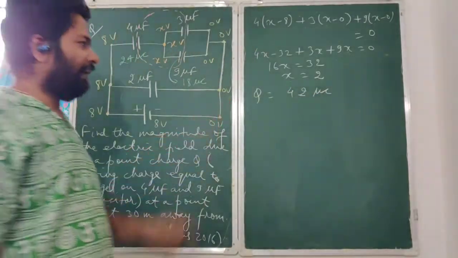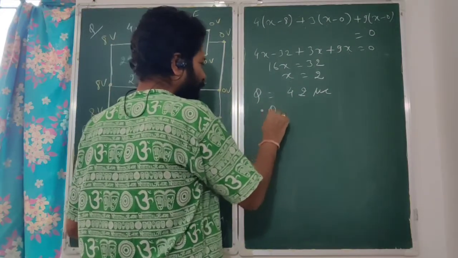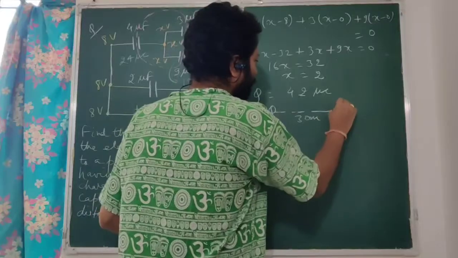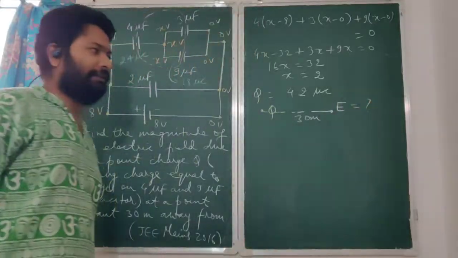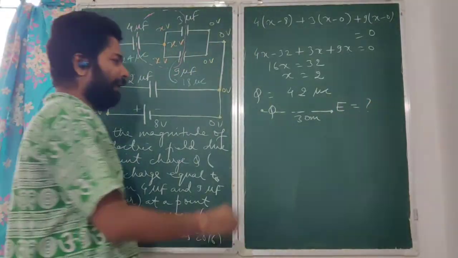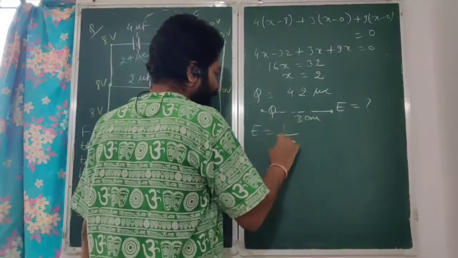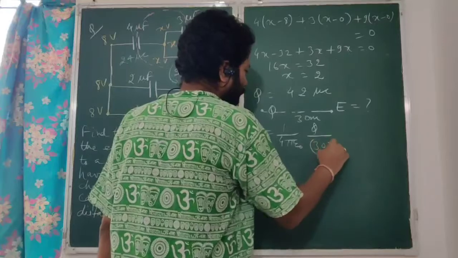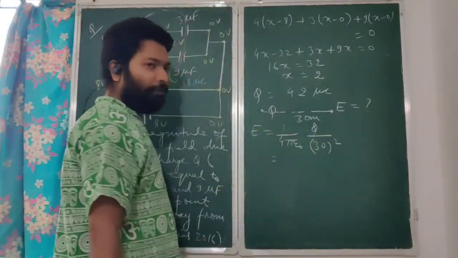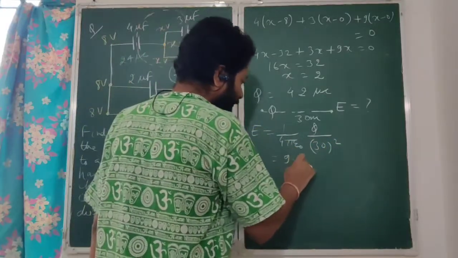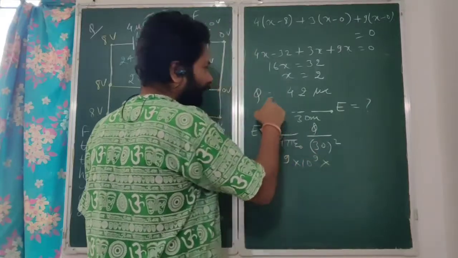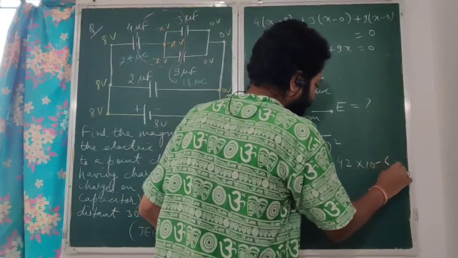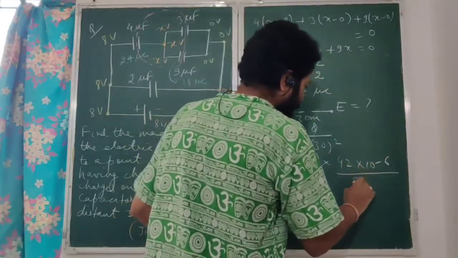So now due to this charge, point charge Q at certain distance 30 meter, we have been asked to find out the value of electric field. So what will be the value of electric field? What is the formula? 1 by 4 pi epsilon naught Q by R square. R is 30, so square of that. What is 1 by 4 pi epsilon naught? 9 into 10 to the power of 9. Capital Q we have determined it to be 42 microcoulomb. Convert it into coulomb, 10 to the power of minus 6 by 900.